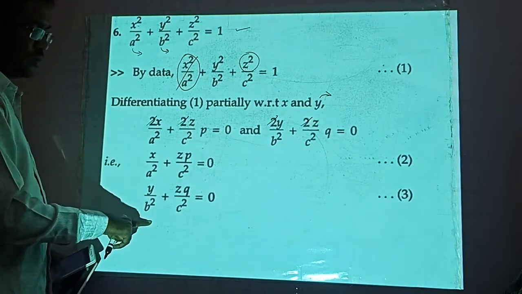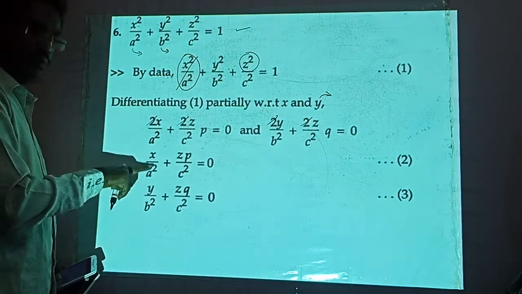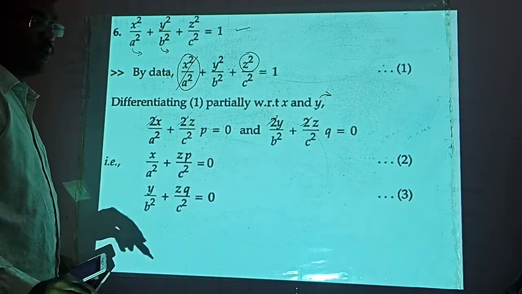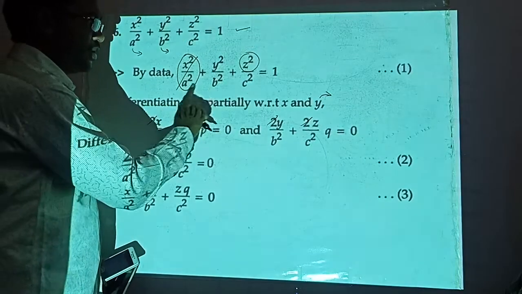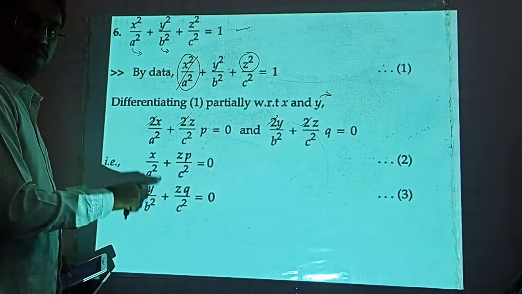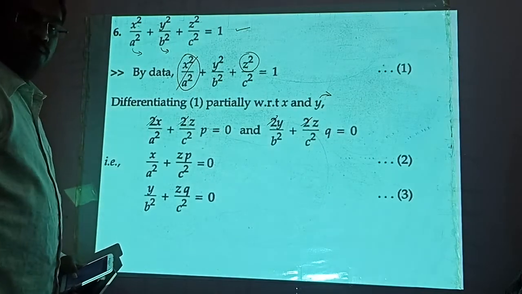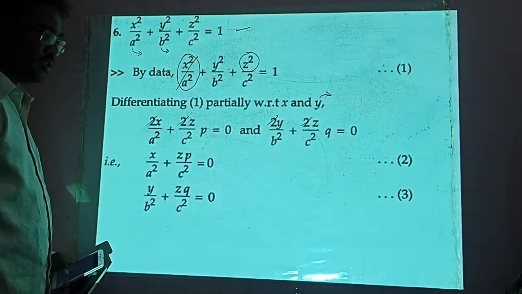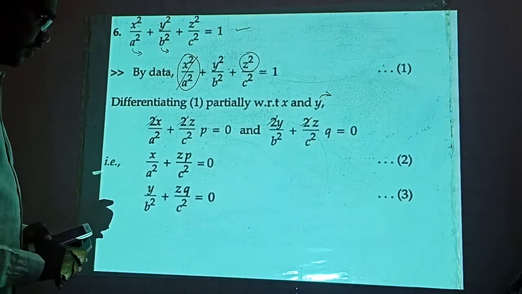If you observe here, in whatever way you combine, you will not be able to eliminate a, b, c, because we have 3 arbitrary constants. Since we have 3 arbitrary constants, these first order partial derivatives are not sufficient to eliminate the arbitrary constants a, b, c. So we need to go for second order partial derivatives, because it is not possible to eliminate with the help of first order partial derivatives.